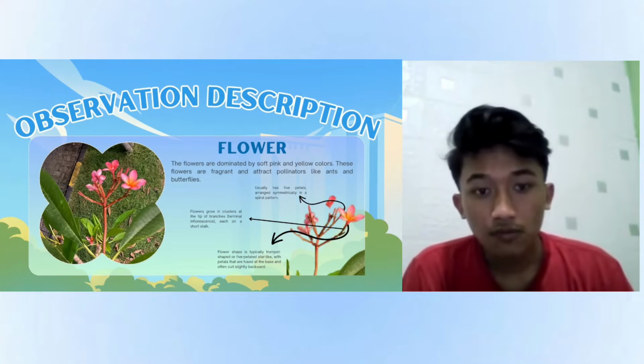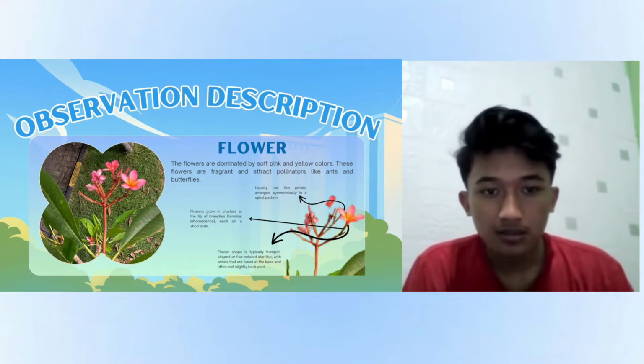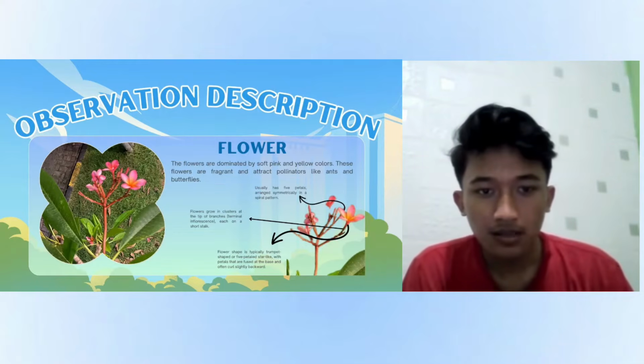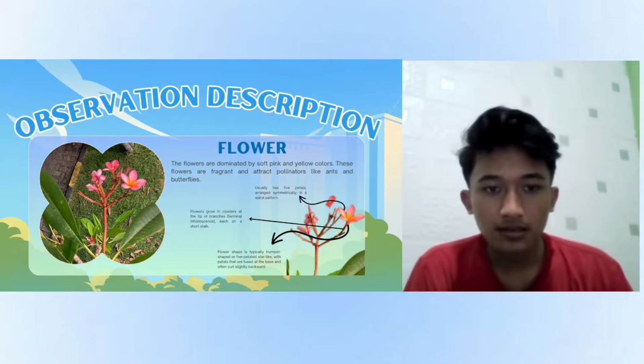Next, the flowers. The Frangipani flowers are usually pink with yellow centers and have a sweet fragrance. They are trumpet-shaped with five petals that often curl slightly backward. These flowers grow in clusters at the tip of the branches and attract insects like butterflies and ants, playing a